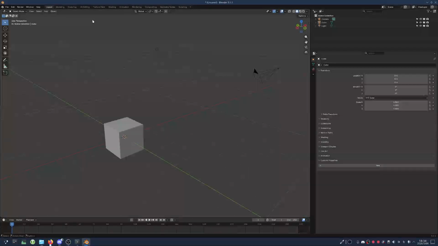I'm sorry, did you say you can create your own workspaces? Yes, you can. I'm going to show you in a little bit something that might be a little bit funny for you, but for now, you can have, so layout is basically